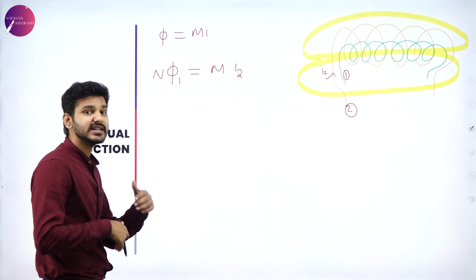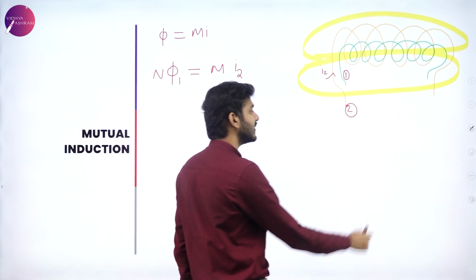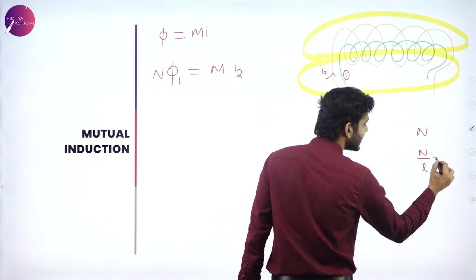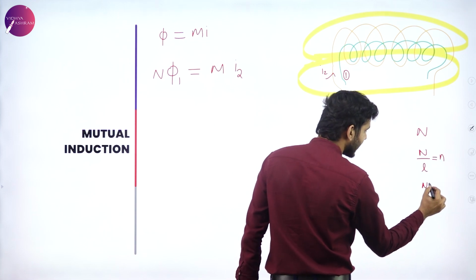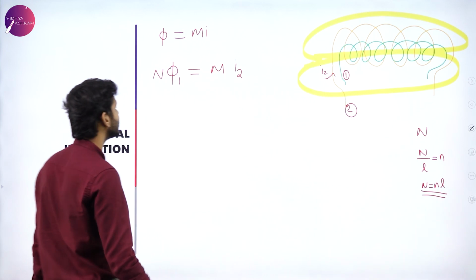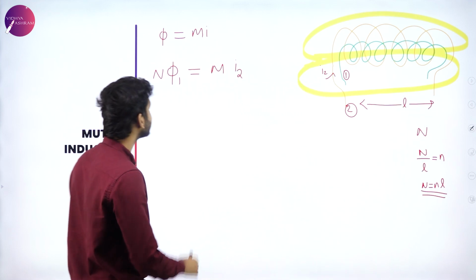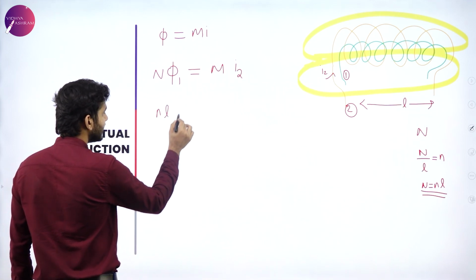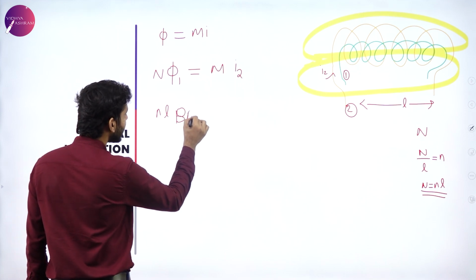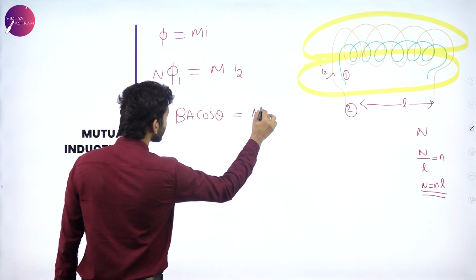Now we are going to write it again just like we did for the self-induction case. That is, even though n is the number of turns, n by L will be equal to small n, that is, n is equal to NL. We are going to substitute this one. So this is the length. So we can say that NL phi will be written as BA cos theta, which is equal to M